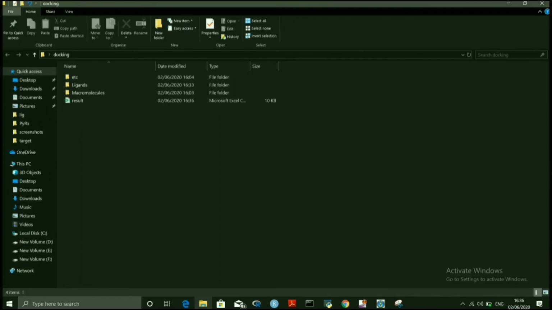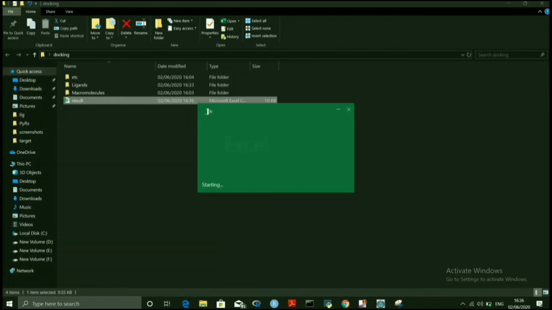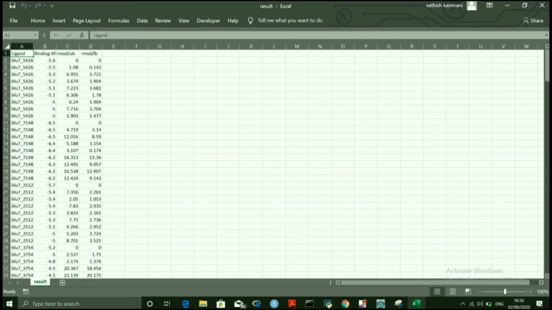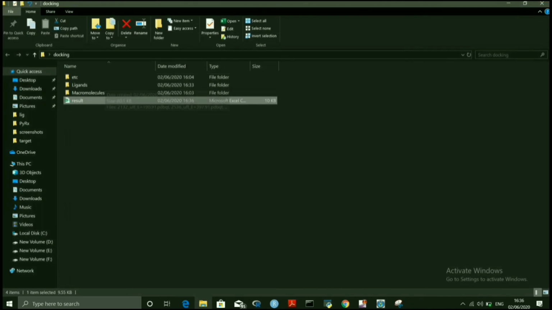Open the result file. In this file you can see the different orientations and different binding affinities and RMSD scores for the different orientations of the ligands. In the same folder you can see the output of PyRx.